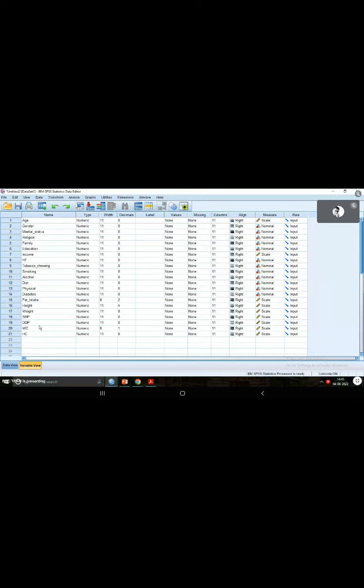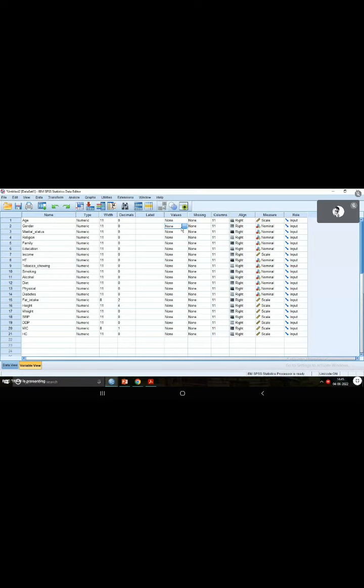Okay, this is the data view where you can see the values for each variable, and in the variable view you can see all of these variable names. So now I want to specify one in gender means male and two means female. To do this, you have to go to this option called values. Okay, all of you, just see what I'm doing. I'll give you some time to work on your own as well.